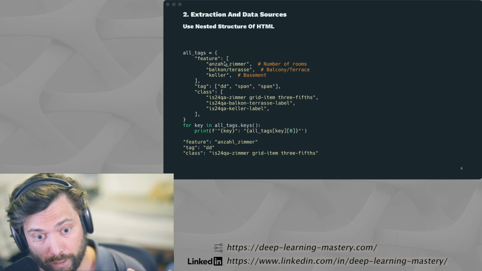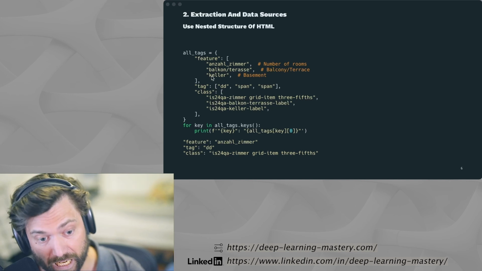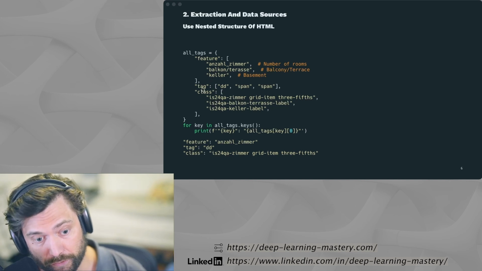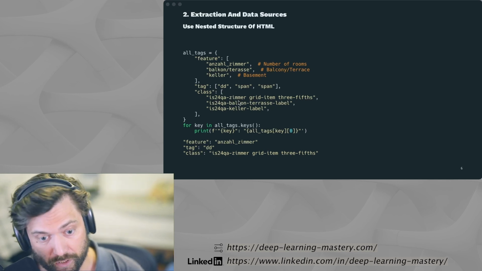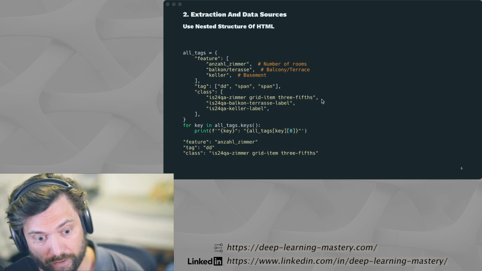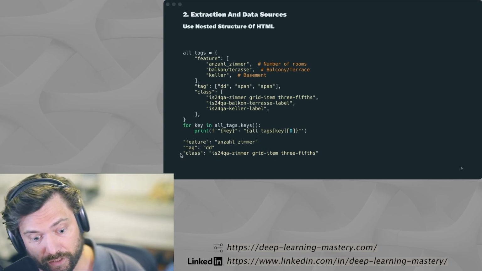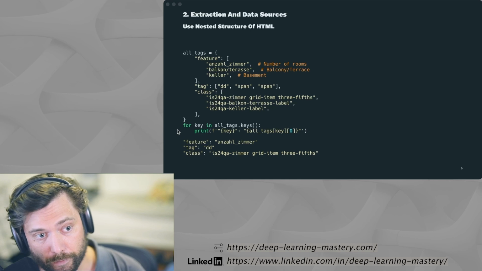So for example, in order for us to have a robust and unique identifier for the feature named number of rooms, we have to combine it with the tag that it belongs to in the HTML source code, that is a DD tag, and the specific class, and that one is 24, and then QA minus sigma, and then the rest of this. So this here is an example of the three elements that we defined